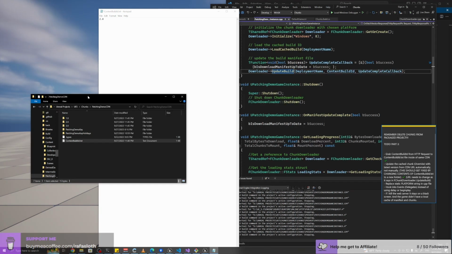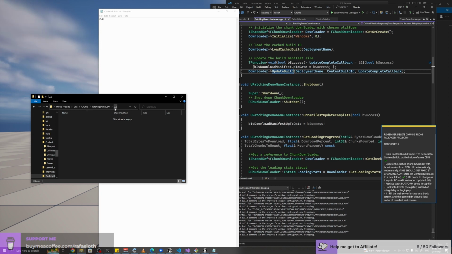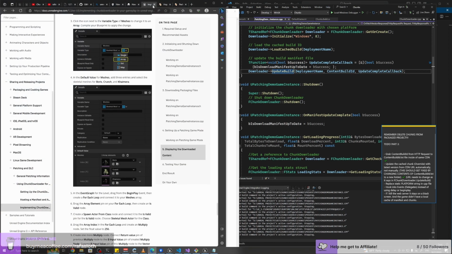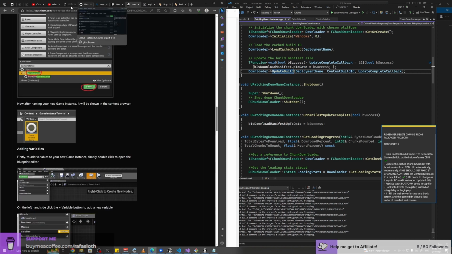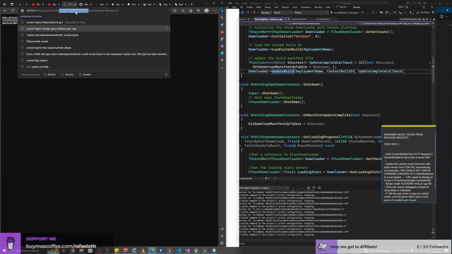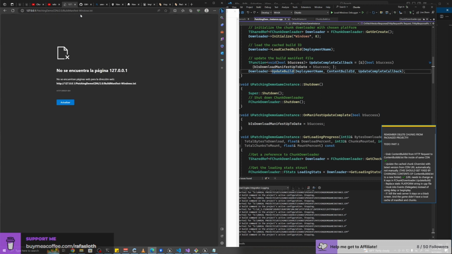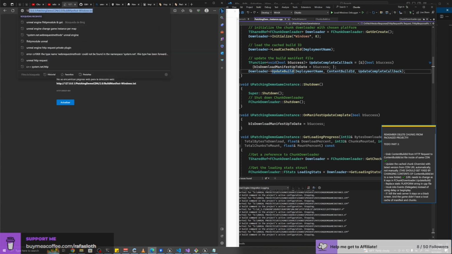This takes them to the folder 2.0, and because the folder changed in the URL where they're trying to read the manifest, Chunk Downloader detects that this changed, and it forces the manifest file to update, even though the manifest file is named the same.